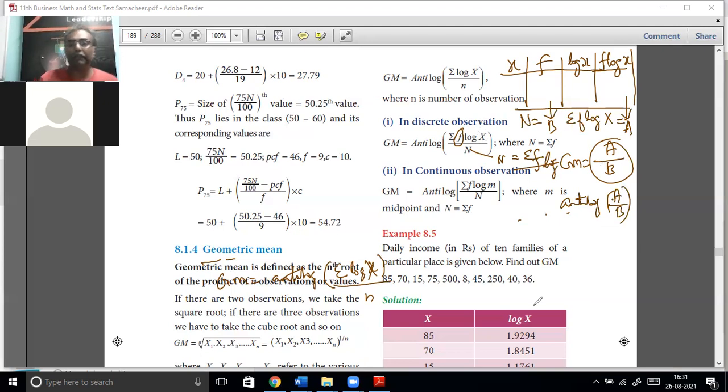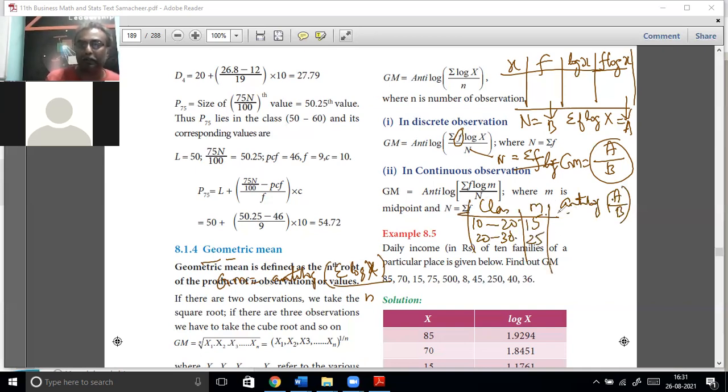Now, if you are given continuous observation, what is the difference? Continuous observation means class data, 10 to 20, 20 to 30, like that. There you have to take the midpoint. 10 to 20 is 15, 20 to 30 is 25. Like that, you take the midpoint and then the log of the midpoint. You will also have frequency, 2, 3, then the log of the midpoint. Then what you have to do is,